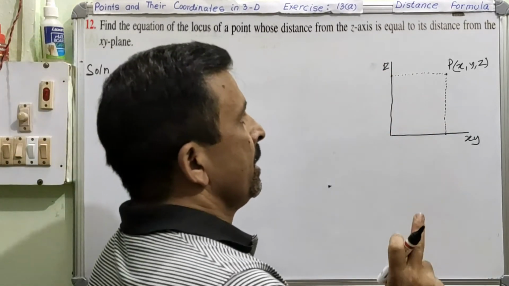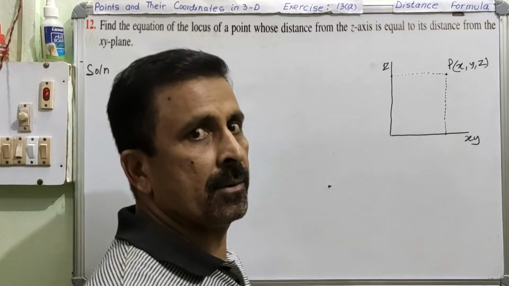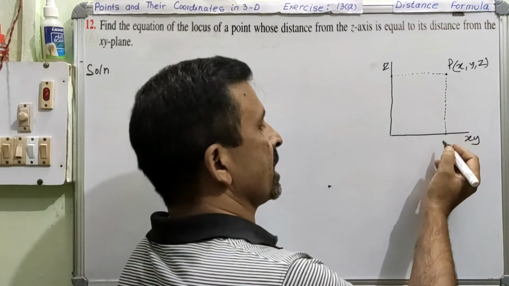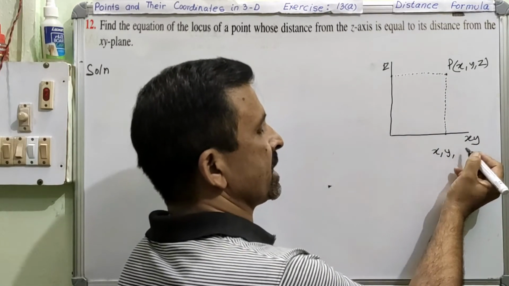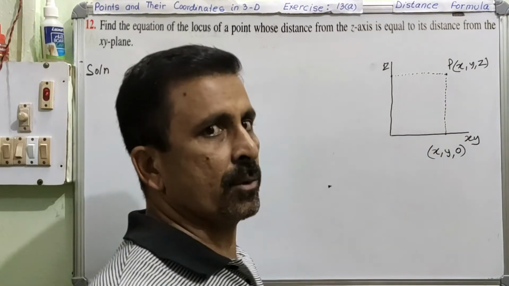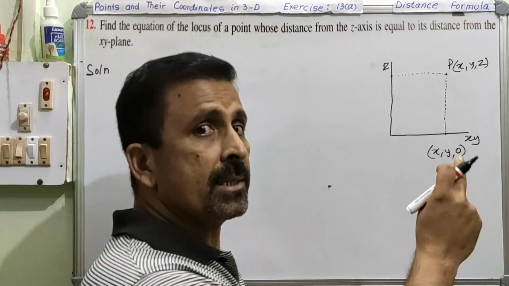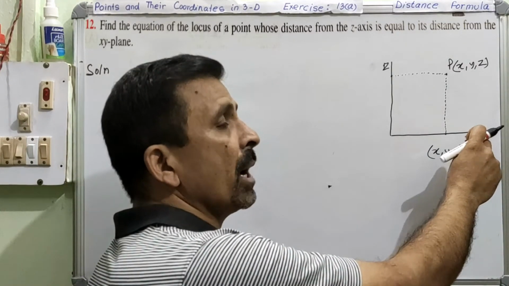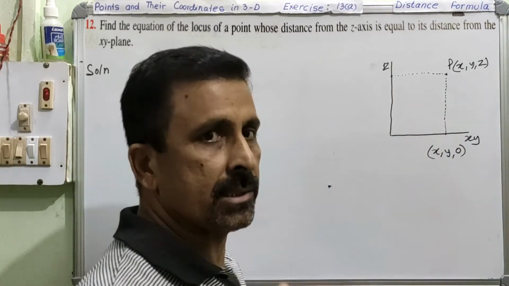Now see how can we have the coordinate of this point and then this point. Clear? In the previous video, I told you xy plane means z coordinate will be 0. So the coordinate of this point will become x will have some value, y will have some value, but because it is xy plane, z will have 0 value. These are the techniques that you have to keep in mind. Suppose if this was xz plane, that means y will be 0. If this was yz, then x coordinate will be 0. Whichever is missing here, that part will become 0.